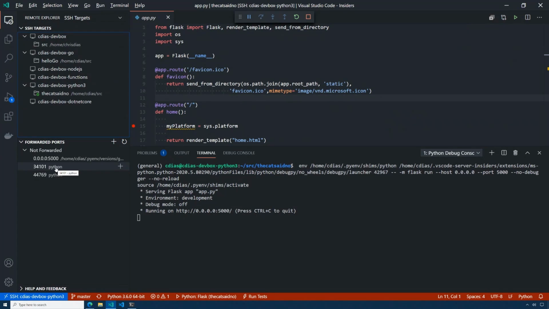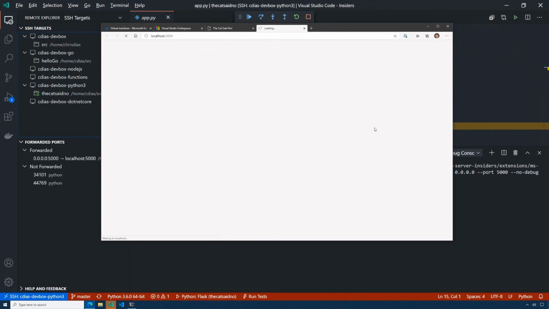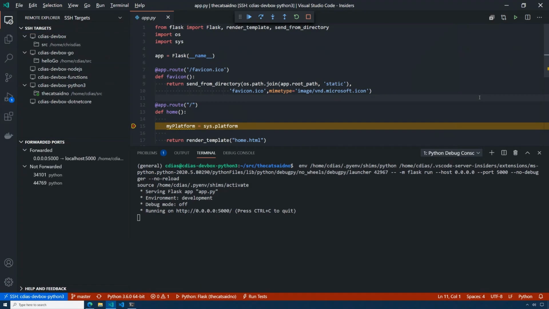And it recognizes the ports that have been exposed on the remote machine. And what I can do is actually forward that to my machine to localhost, right? It's just by clicking on that plus. And now I've got a globe. I can click on that globe, and then the browser will open up. We'll try to browse localhost 5000, which is being port forwarded to some VM somewhere in the cloud, and I